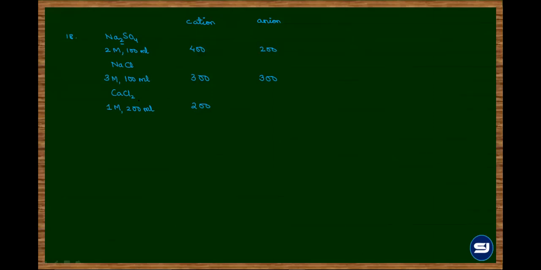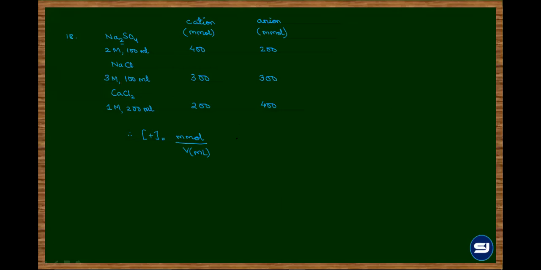400. But in case of calcium chloride, it will be doubled. CaCl2 है ना? Yes, sir. So this I am getting, millimoles of the cation and anion. So now the concentration of the cation is the number of millimoles upon the volume in ml. अब ml में ही ले लेंगे ना? Yes, sir. And we are asked the ratio. तो ratio जब लोगे तो volume तो cancel off ही हो जाएगा.